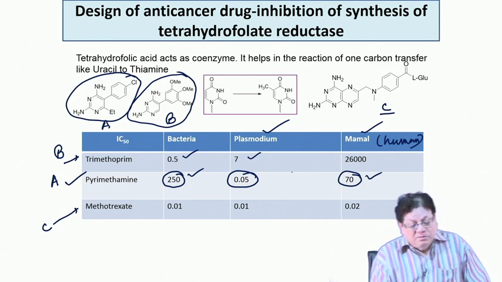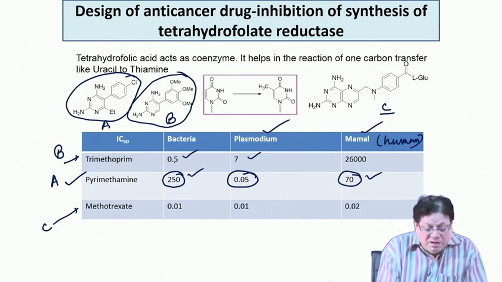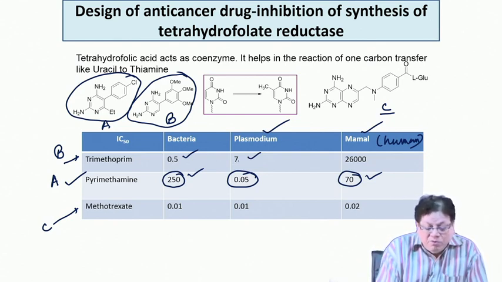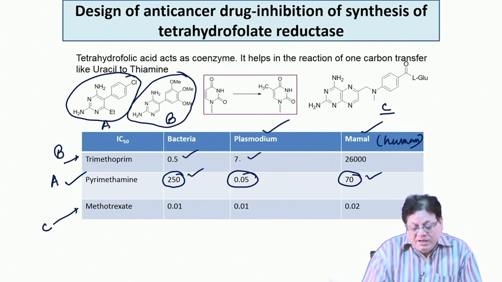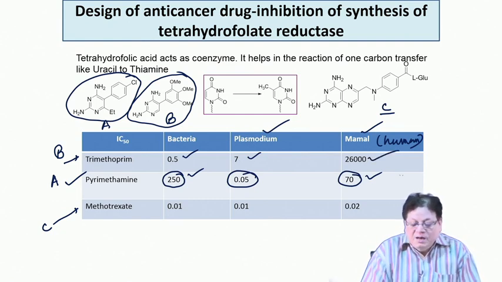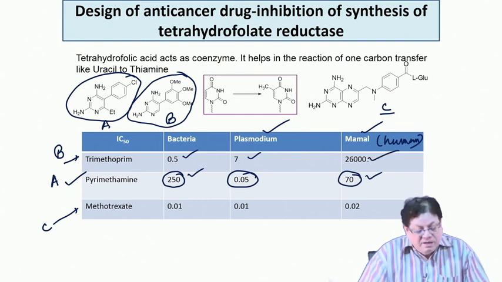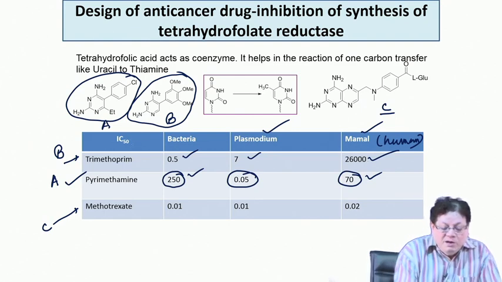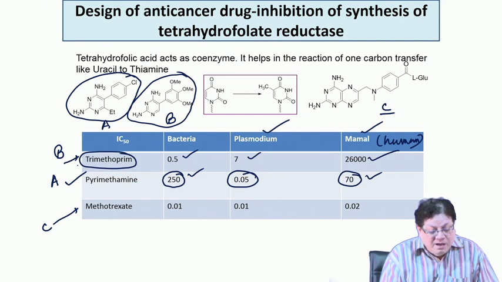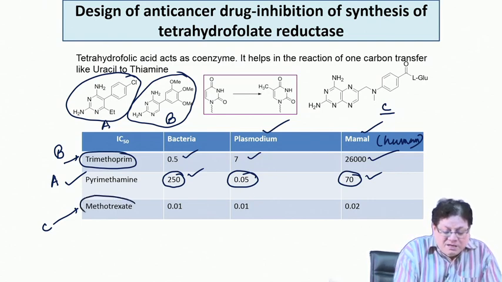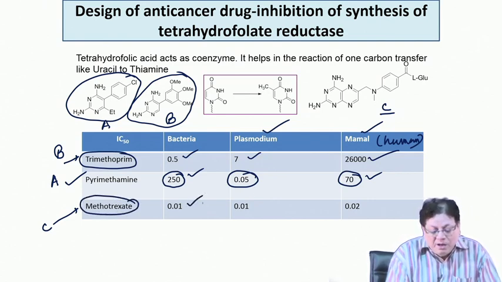So, it is about 14 times higher. Remember, the lower the IC50 value, the stronger the potency, and for mammals it is totally ineffective, 26,000 is the IC50. So, one can use this trimethoprim as an antibacterial agent, and methotrexate, if you look at the IC50 values,